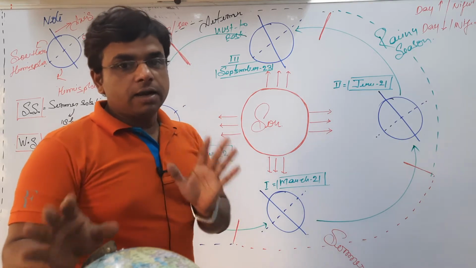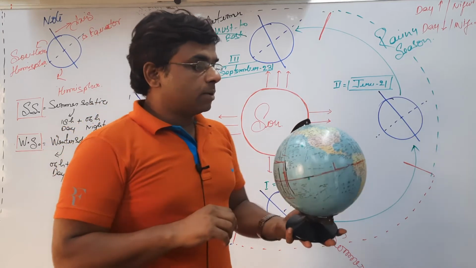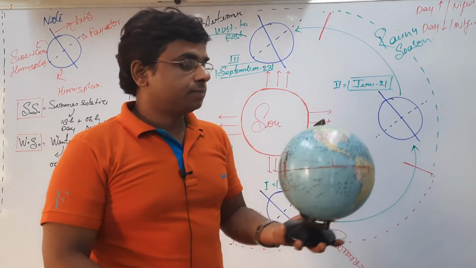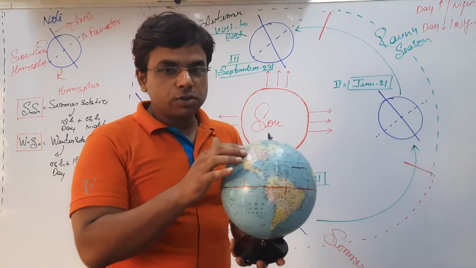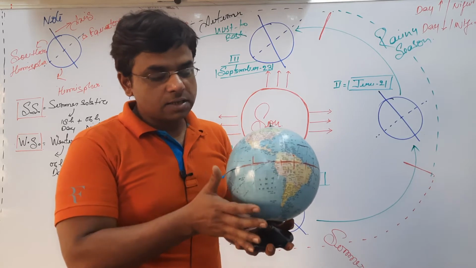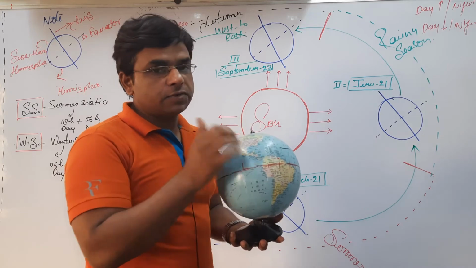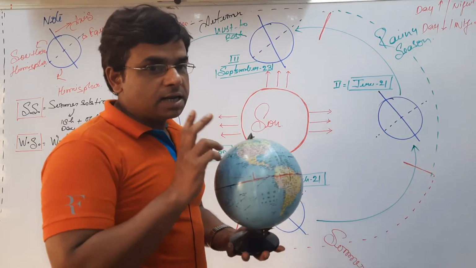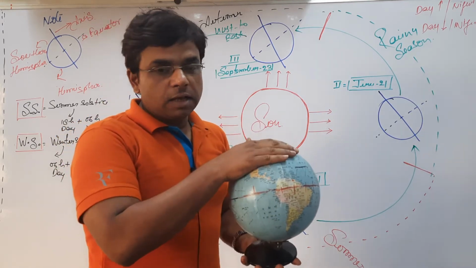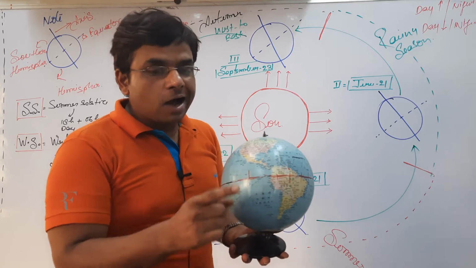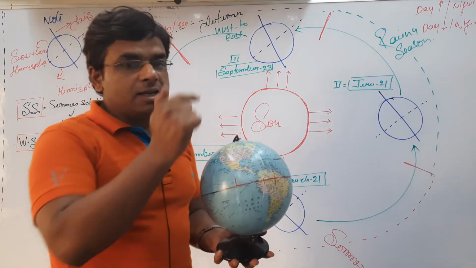Now we are clear, in the solar system, or in some other lectures, I have explained that the earth has four hemispheres. Two hemispheres are horizontal, the northern hemisphere and southern hemisphere, while the two vertical hemispheres are the eastern hemisphere and western hemisphere. In this lecture we will be dealing with the horizontal hemispheres, the northern hemisphere and southern hemisphere, and how through the process of revolution the time duration of the day increases or decreases.